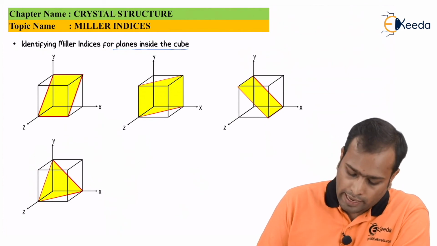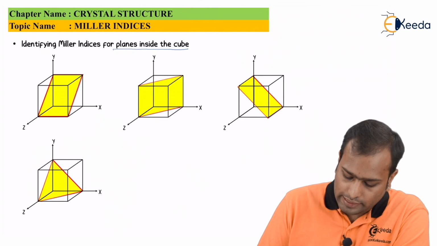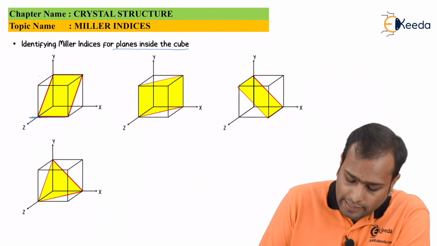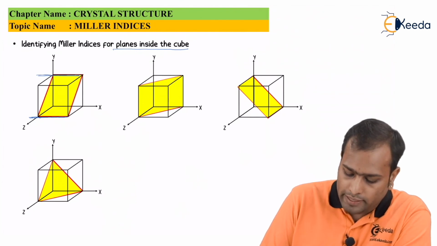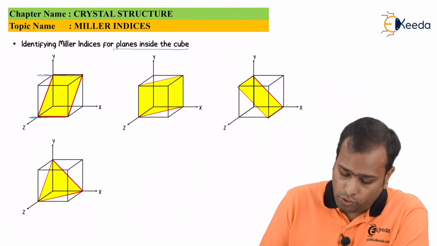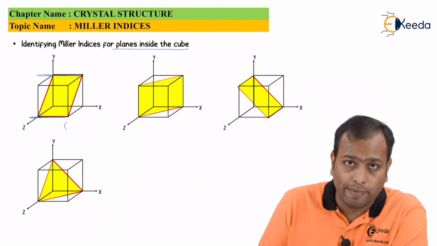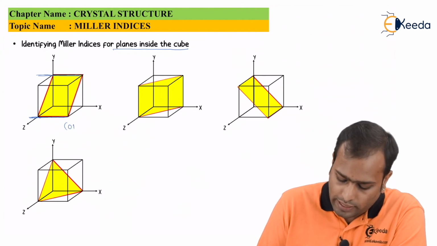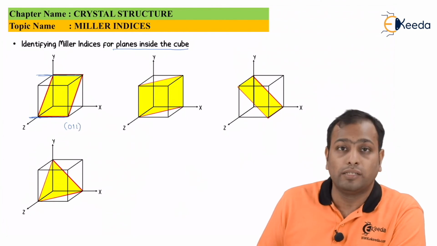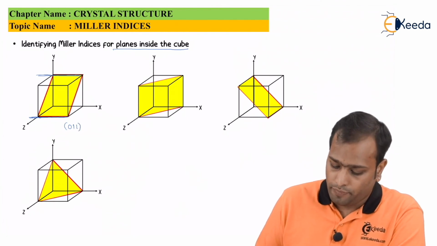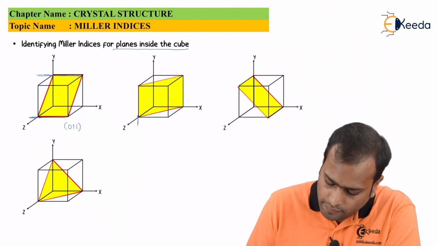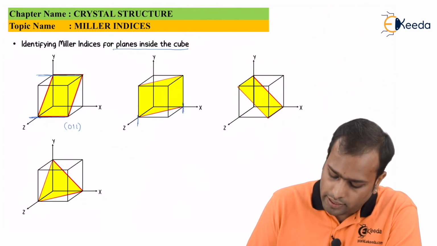See the first question. As you can see, your plane now cuts the z-axis here. Your plane also cuts the y-axis, but it does not touch the x-axis. So you can say, okay, it does not touch my x-axis, so it is 0. For y, yes, it does cut, so it is 1, and for z, of course, it is 1 again. So it is 0, 1, 1. Now, let's study the next one. This is the plane. It cuts the z-axis and it cuts the x-axis. It does not touch the y-axis. So it is 1, 0, 1.